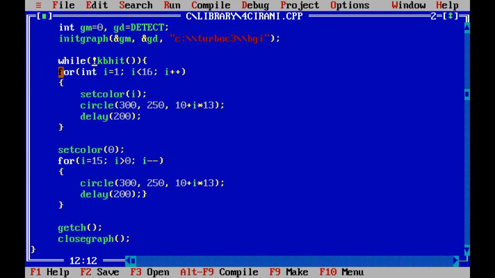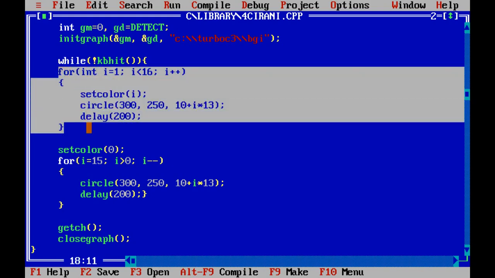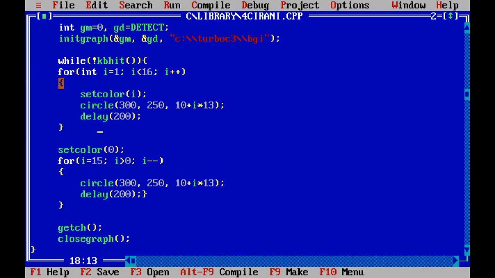Now, this for loop. As per this loop, it works 15 times, because I start from 1 and go while less than 16. First, it sets color i. Setcolor fixes the color, that means the color by which the graphics components will be drawn.